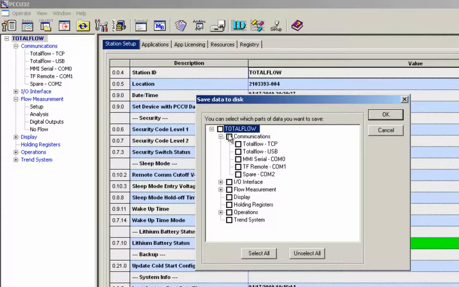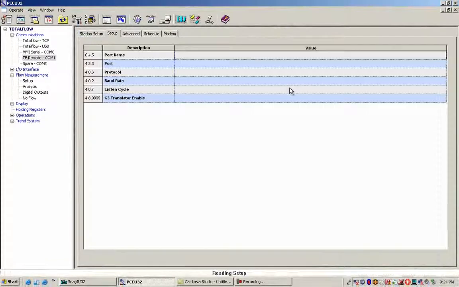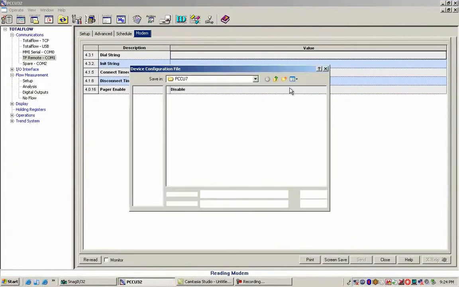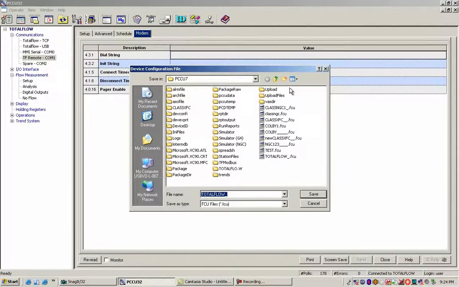For example, I'm going to drop down here under communications and click on TF remote COM1, and once again we could do a select all or unselect all just like we did earlier. I'm going to check the TF remote COM1 and hit OK, and you can see it goes out and reads everything inside of TF remote COM1, and then it pops up a window that says device configuration file, and notice it's going to save it inside of PCCU7,